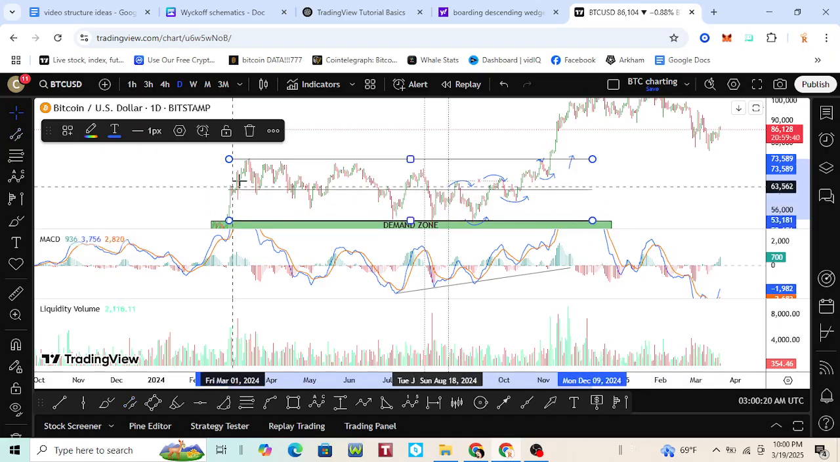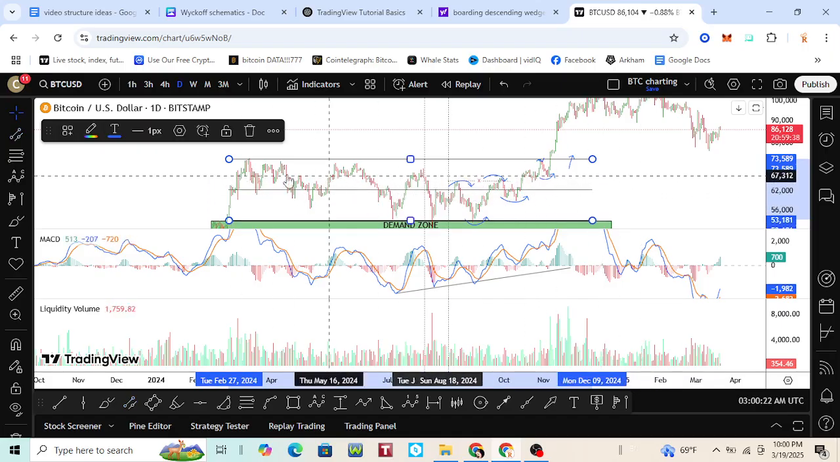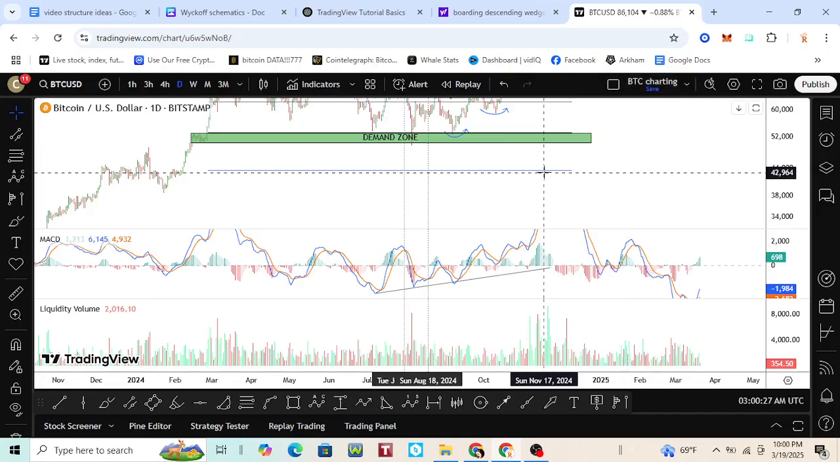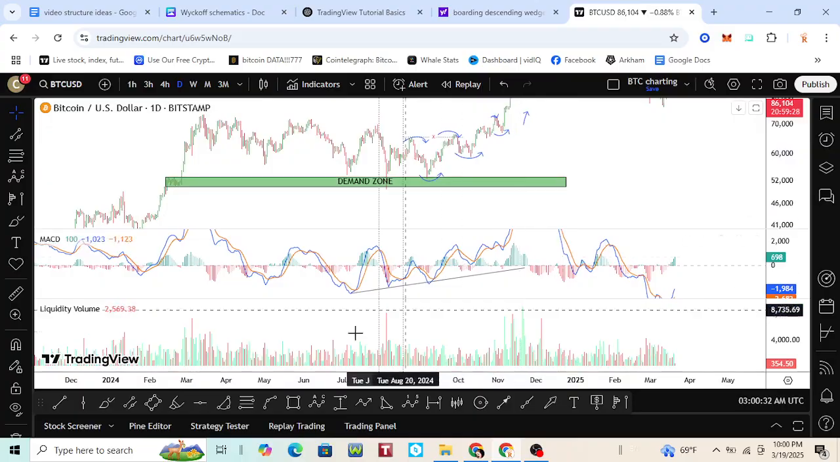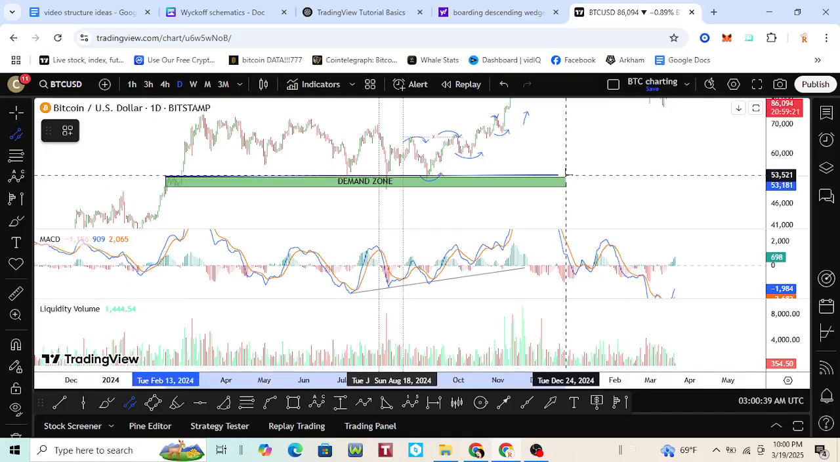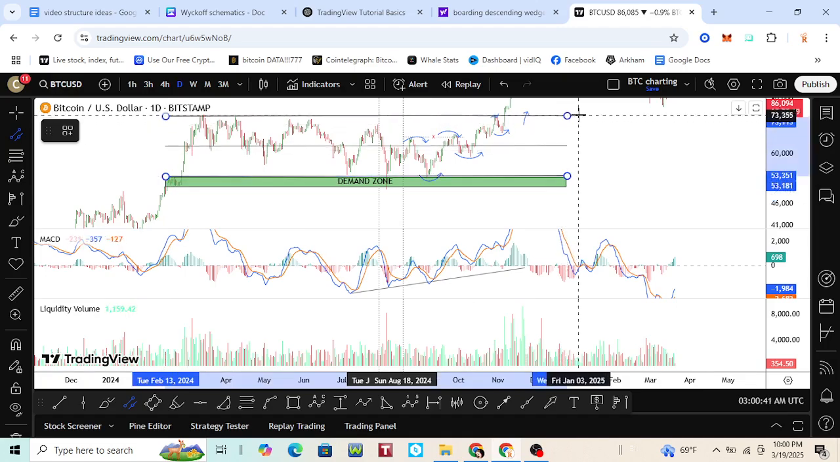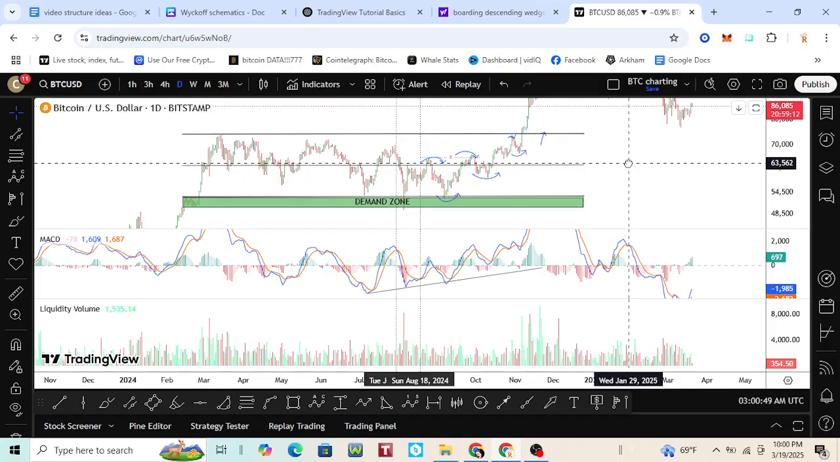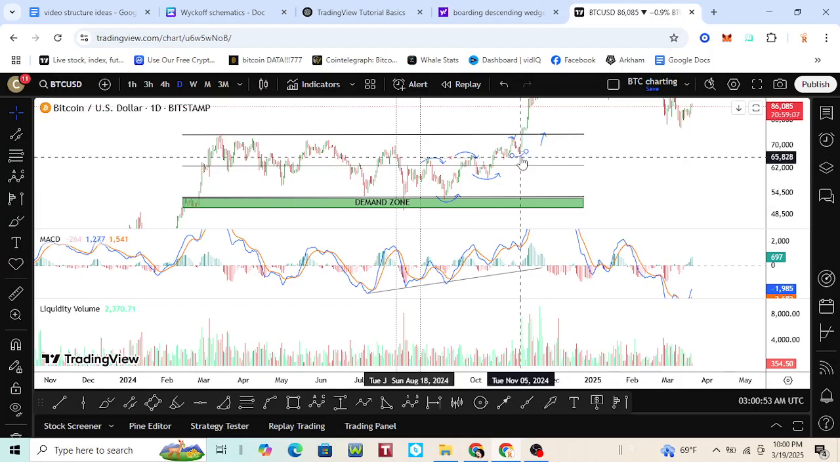So Bitcoin was pretty much trading within this massive sideways range, right? I gotta do it from the other side, from the bottom side, that way you can see it. Yeah, so we were pretty much trading sideways in this massive range right here, and that's pretty much where we